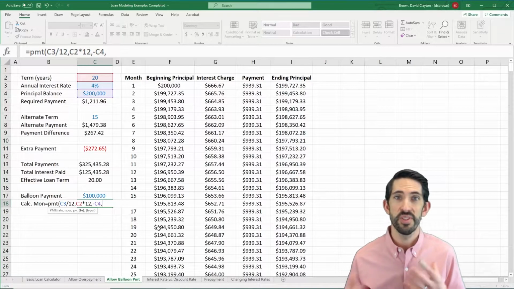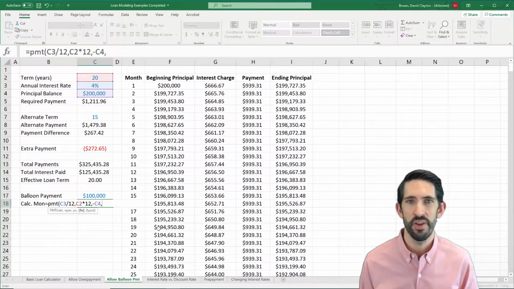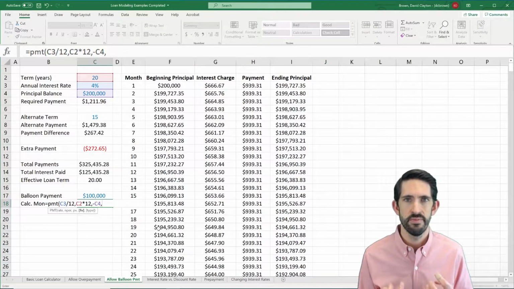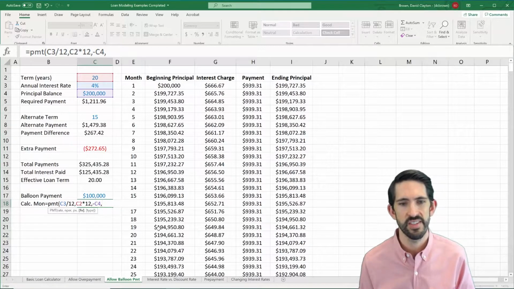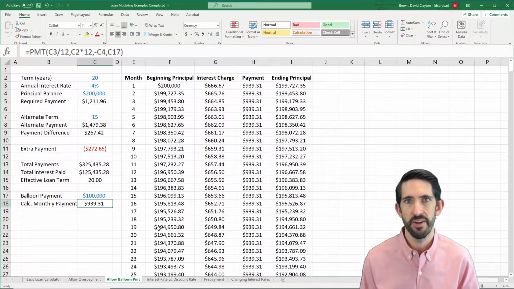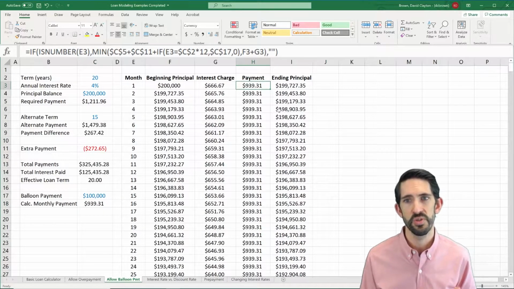But now we're going to use the fourth argument here, which is the future value argument. All right, this one's optional, but essentially we're saying that we get $200,000 at the beginning. That's going to be negative. So at the end, we're going to pay an extra $100,000. So here we just need to reference that balloon payment. So if we do that calculation, we see 939.31, which is exactly what we solved for using GoalSeek to get